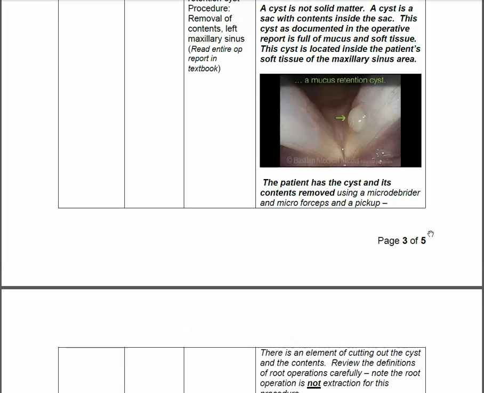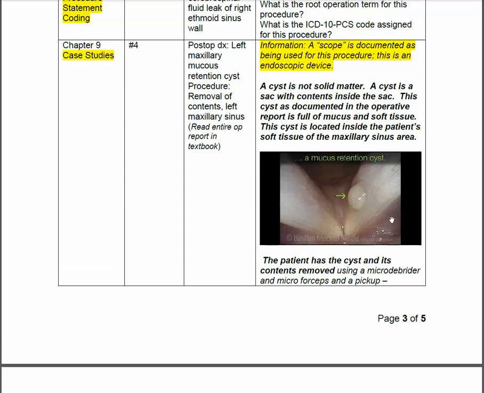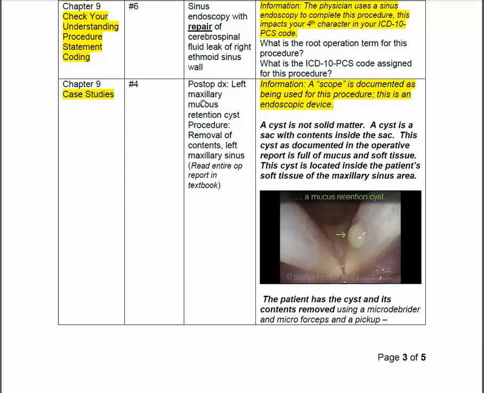So what does that equate to? He, the physician, is taking away a piece of this patient's maxillary sinus area. This patient has this little sac hanging out, and the physician is taking off this whole entire thing. He's not taking out the entire maxillary sinus, he's taking out a portion,